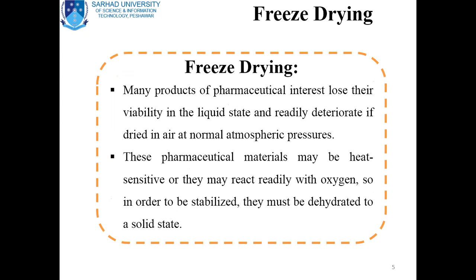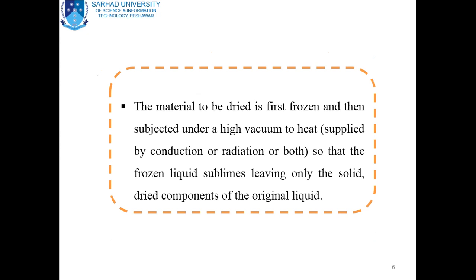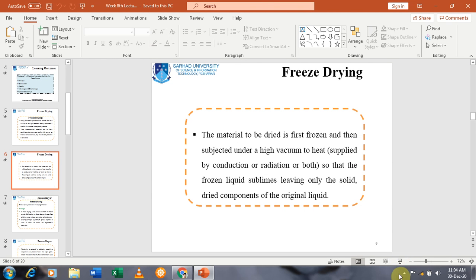And we have discussed previously that if the materials are in the liquid state, they will readily deteriorate and their viability will be lost. So it is necessary to maintain stability. In order to maintain the stability of these products,